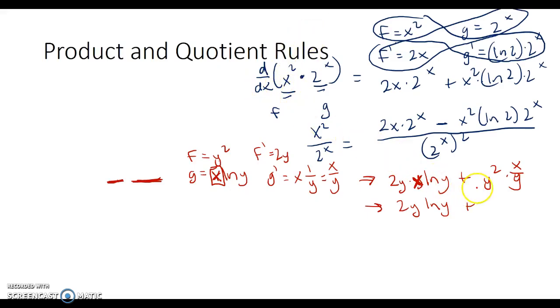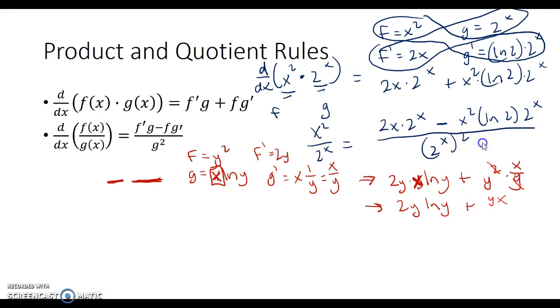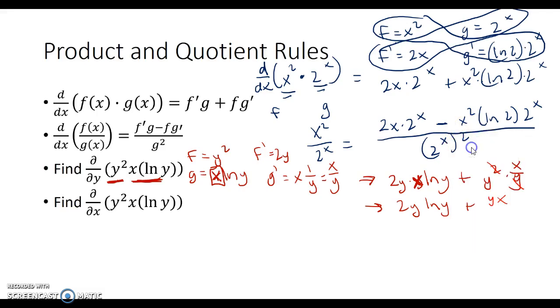And as one final step, we could go ahead and reduce y squared times x over y, as y squared and y cancel out, so that we're left with y times x. If we choose to do that, it just makes it a little bit easier to work with in the event that we actually need to go back and plug in numbers. With that said, we can look at another example, and that other example will be very much the same, except